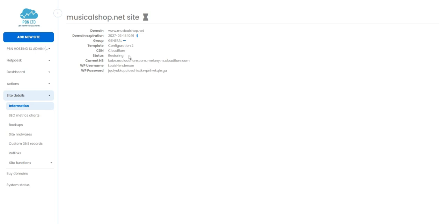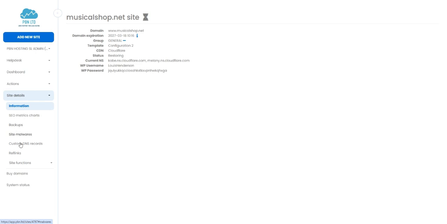And that is it. That is how you access our backups, and that is how you restore a backup. However, I do have some bonus info for you. You can also manually create a backup anytime you want. Now, to do this, instead of going straight to the Backups tab,